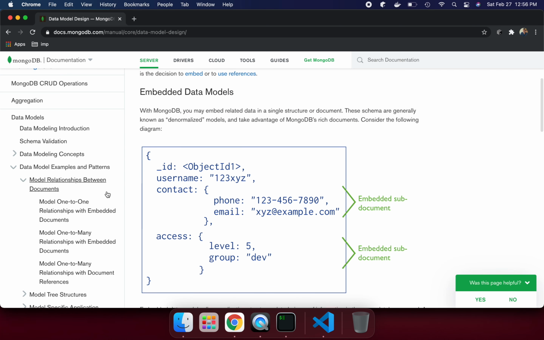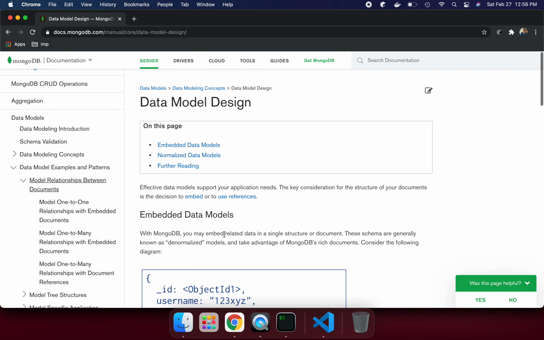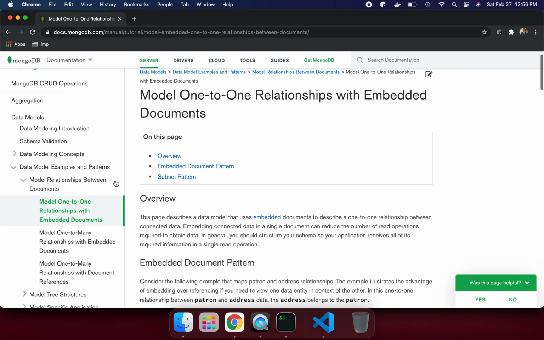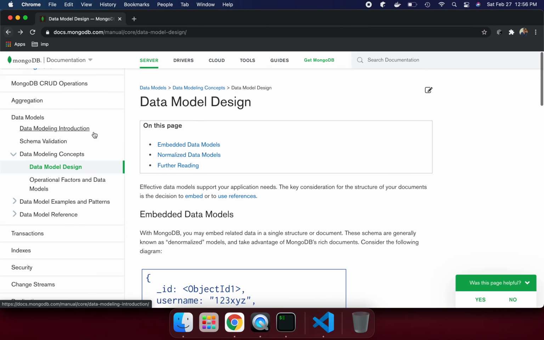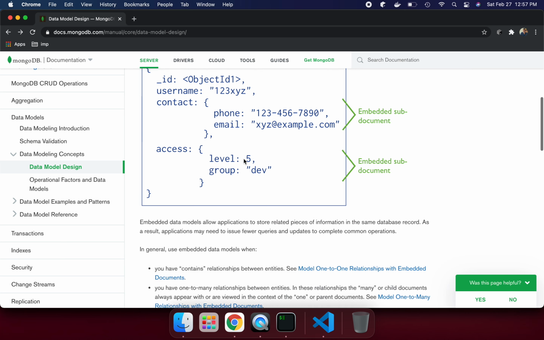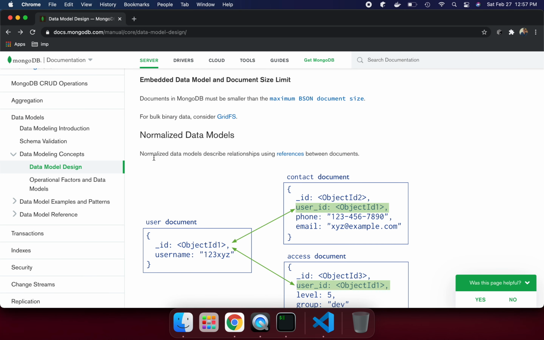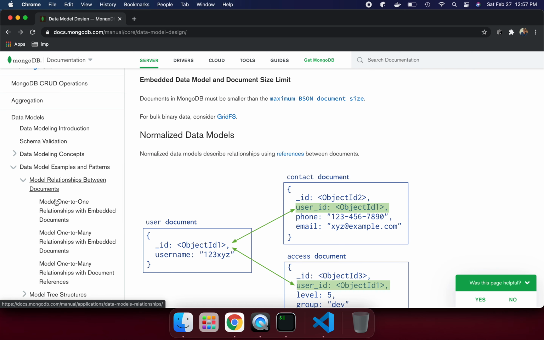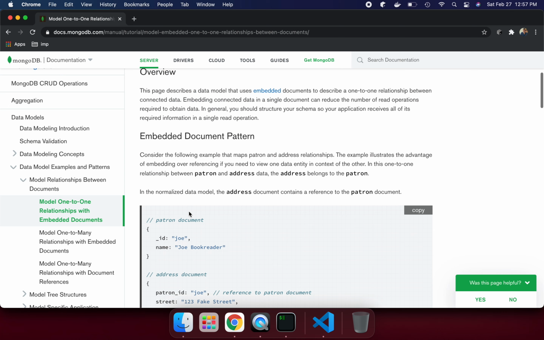I wanted to talk about how we can do a one-to-one relation with an embedded document, and then we will cover other sections later on. So let me go to the one-to-one relation data model. But before that, we did talk about this being our embedded document and this being our normalized document. But let me go over here, to relations, like one-to-one relation.